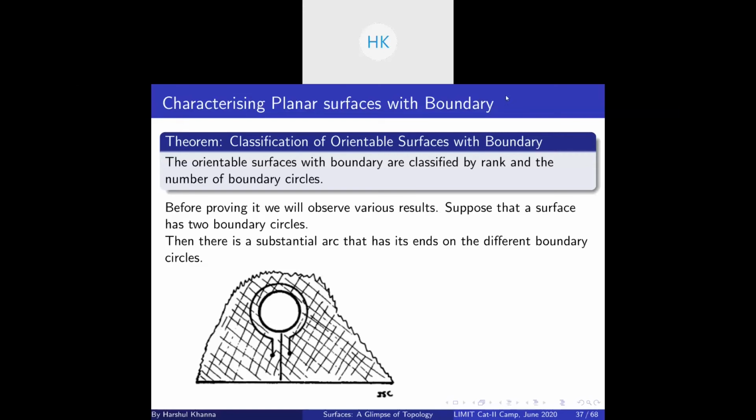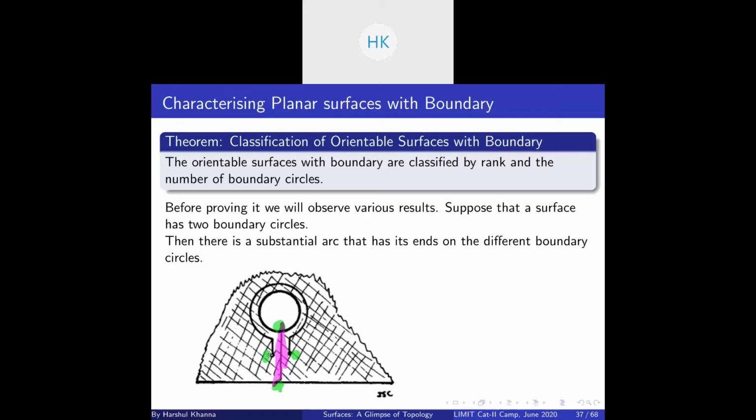Okay, so let's suppose we have these two boundary circles. You can see this figure below, and we connect using this cut line. What a cut line does is immediately it separates two points to its left and right. For example, say this and this. Now what we'll show is that these both are connected, if this is the only cut line. So we will start by, let's say, the left point. So suppose I say this is the foot of the cut line, substantial arc, and this is the head of the substantial arc.